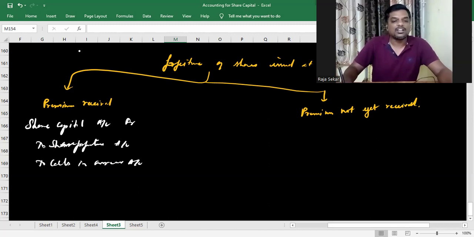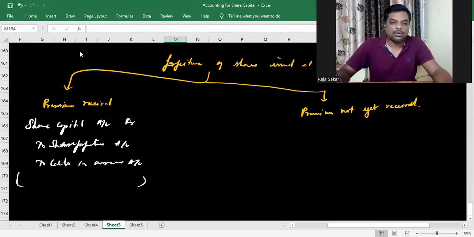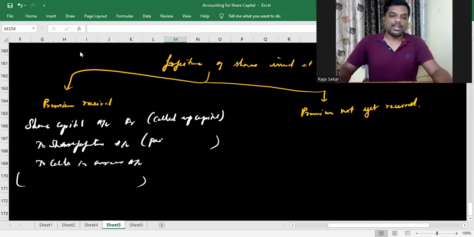You should forget that the shares were issued at premium itself. If it has been received, then it has been received and it has been credited to securities premium. It can only be further utilized for the five purposes mentioned in the act. And therefore, when you're forfeiting, you just forget about premium. It will remain in the securities premium account. Share capital account will be debited with the called up value of capital only on the shares forfeited. Share forfeiture account will be credited with the paid up value of capital,